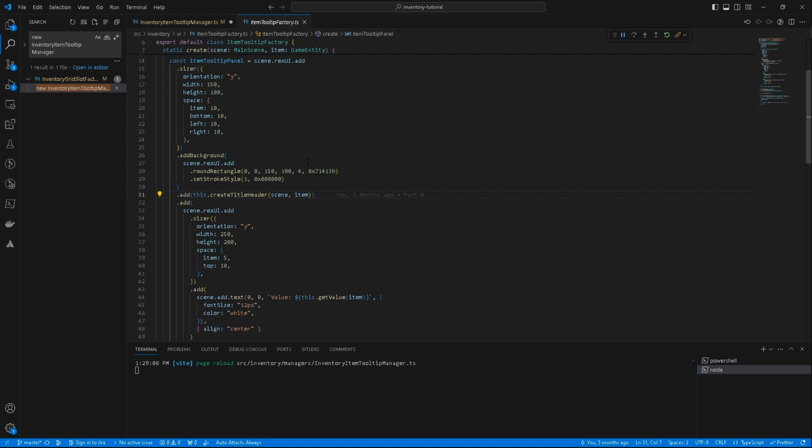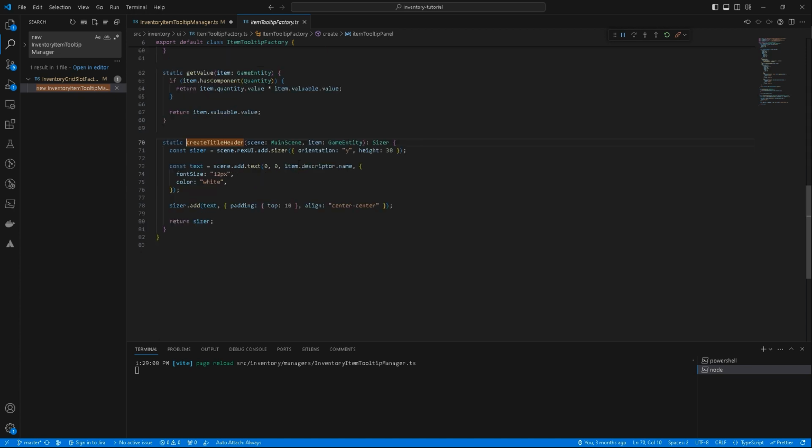So we're kind of chaining some of these adds together because the Rex UI plugin uses a builder pattern. So it returns an instance of itself, which makes it nice for just chaining the different creation methods together. So I created a function for creating the title header. Let's take a quick look at that. You give it a scene, you give it the item. It creates a container for the item label, creates some text, and then it just adds the text to the label and then returns the container back to